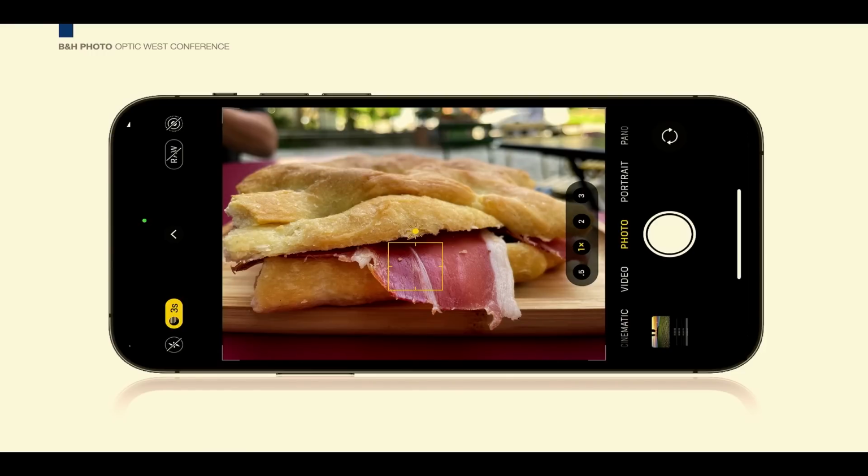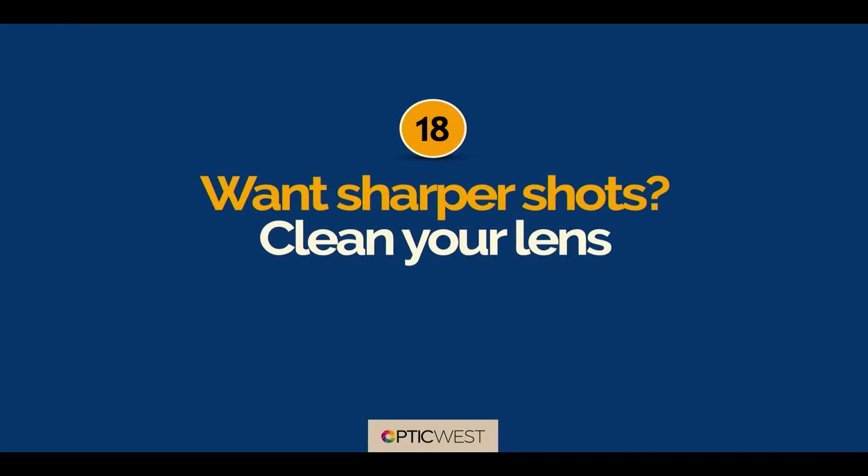All right. This next one's going to seem really obvious, but when I tell people this and they do it, I always get an email back saying, oh my gosh, my phone is shooting sharper shots than it's ever taken. So it is the secret to taking really sharp shots. Just clean your lens. Think about it. You're throwing it in your purse, you're throwing it in your pocket, you're throwing it in your car, in the cup holders, and gosh knows where. When was the last time you thought to clean the lens on your phone? How many years has it been since you...